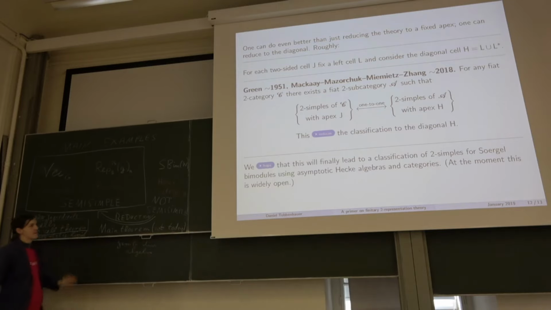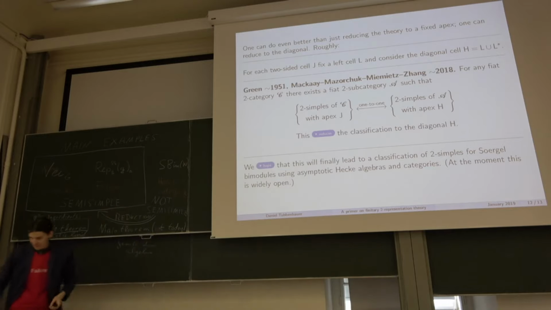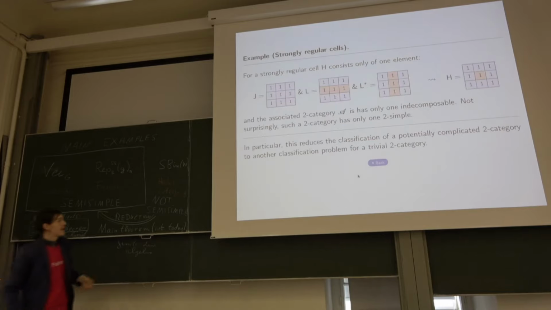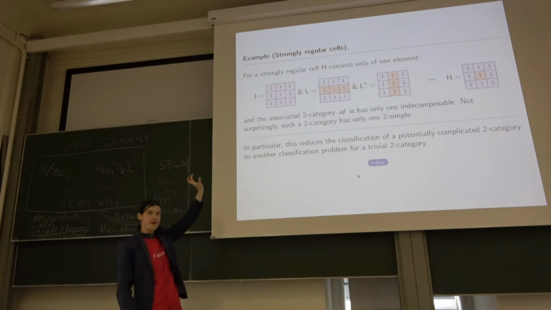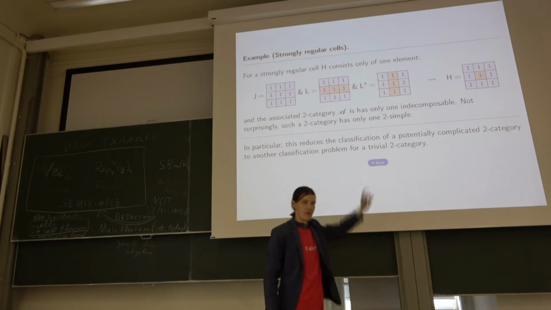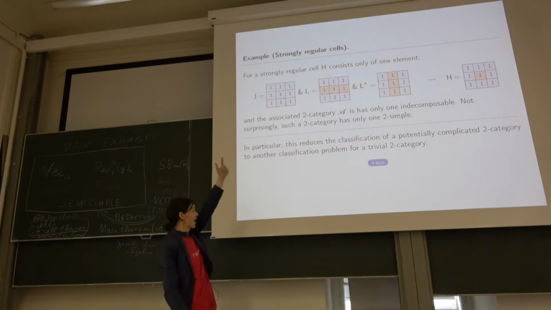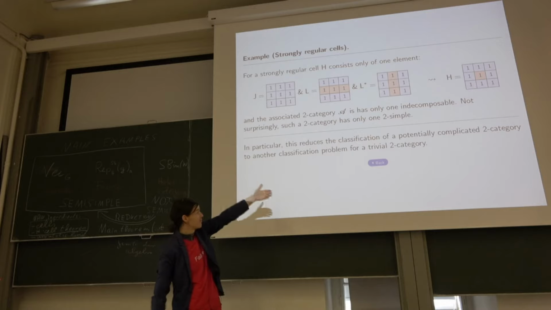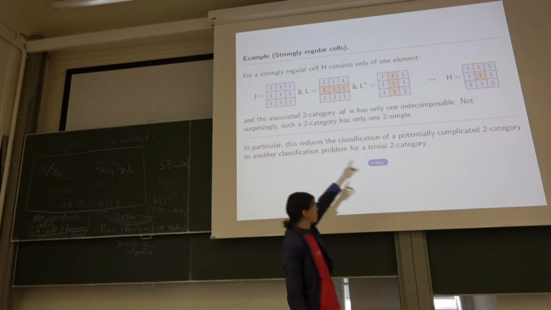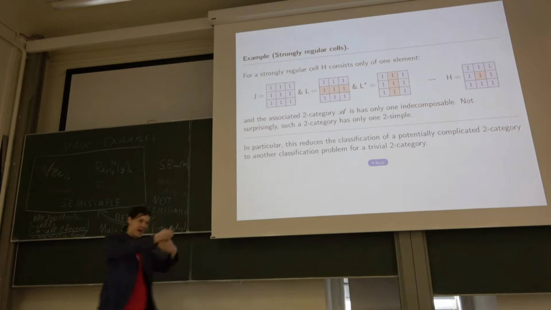So this H-cell theorem, this is just the abstract nonsense, but let me just click on this link to make it clearer. So what you can do is, I already told you we have to only fix on an apex, but it's even better. You only have to fix on the diagonal of an apex. So just take any left cell intersected with its corresponding right cell, L star in my notation, you will find what is called an H cell, which is the diagonal.